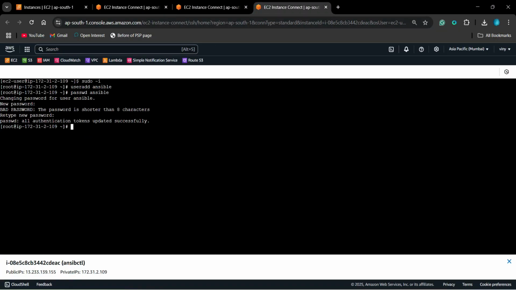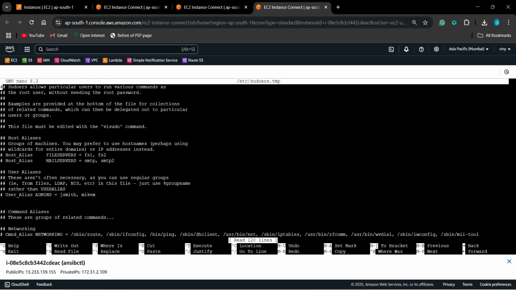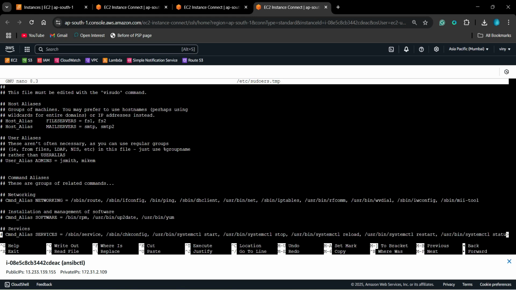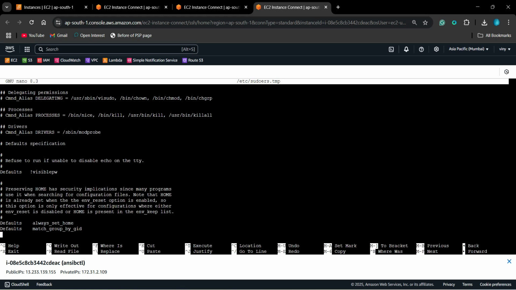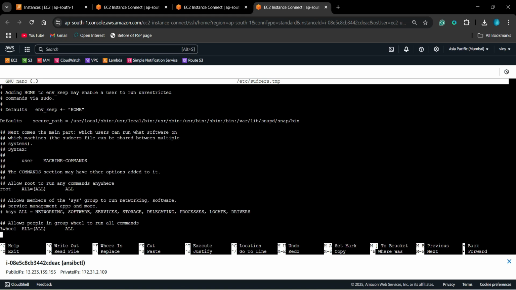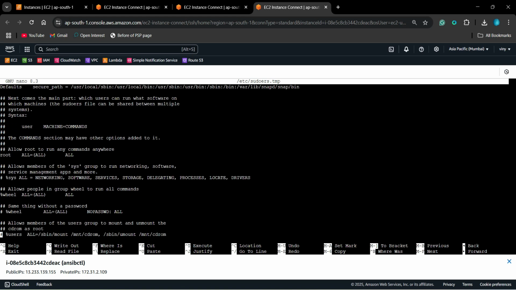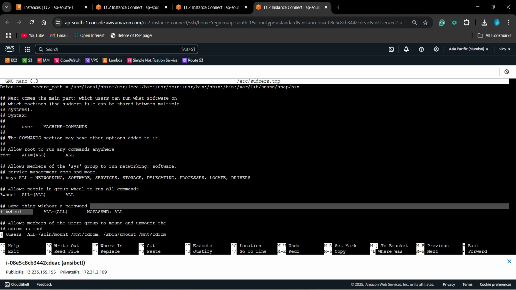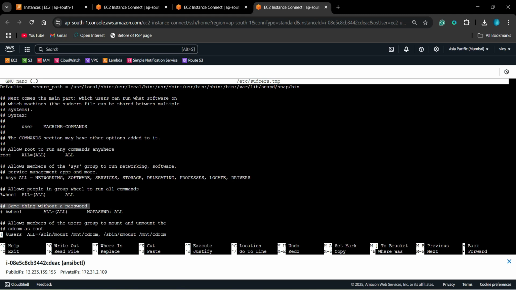So this is the Ansible control node. visudo, come down. If you see here, same thing without password. So we have to put it over there. We can put it anywhere, but it is a good way to do.